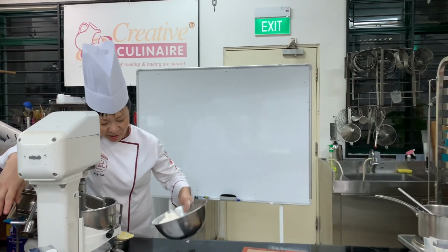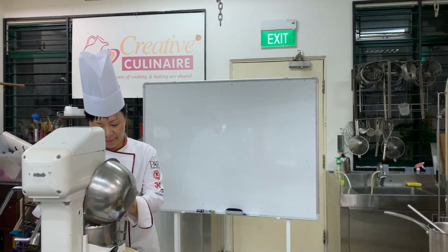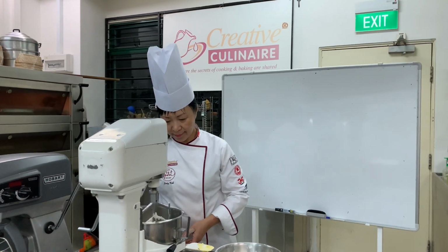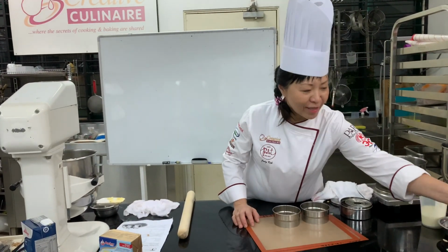Okay, next lot of flour, I'm going to add it in, mixing on very low speed. Okay. Now I've got this tart